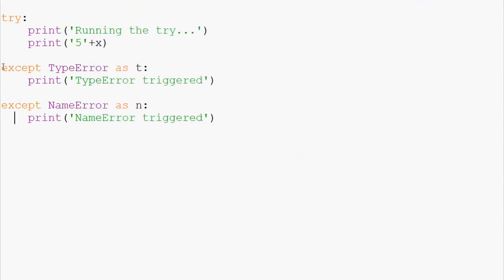We can stack all of these exceptions on top of each other, and so we can call type error. If we have a type error, blah blah blah. If we have name error, we can call for that. And then finally what you could do is say you have a few very specific errors that you want to cover, and then at the end you decide, okay, now we'll just do except any other exception as E, and then print general exception like that.